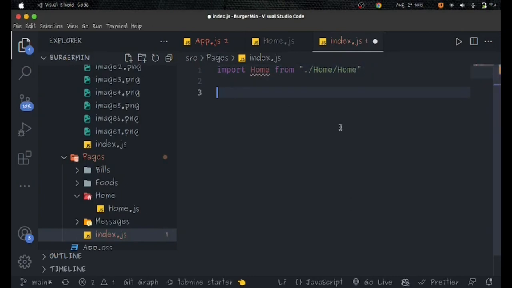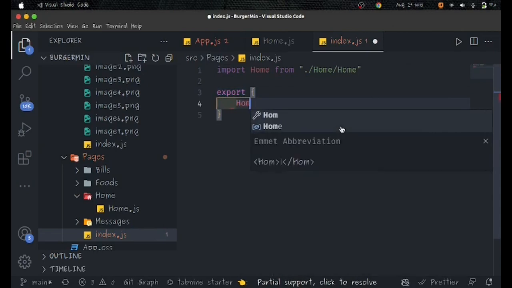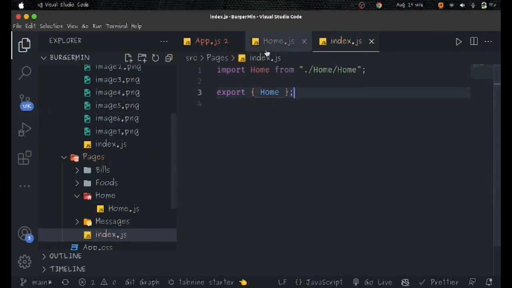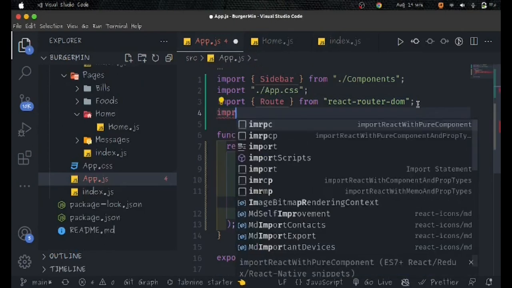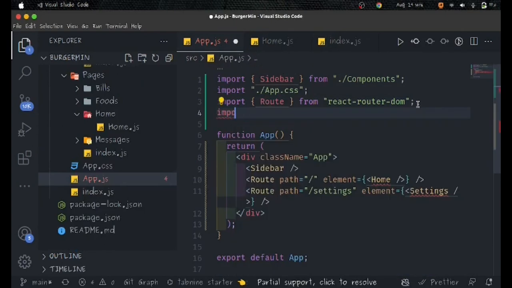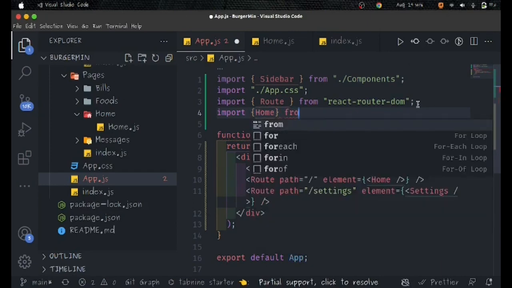Oops. And now I can say export Home like this. So now inside of my app.js here, I can just say import Home